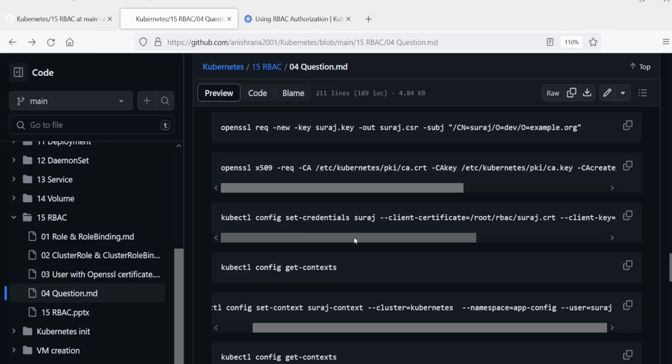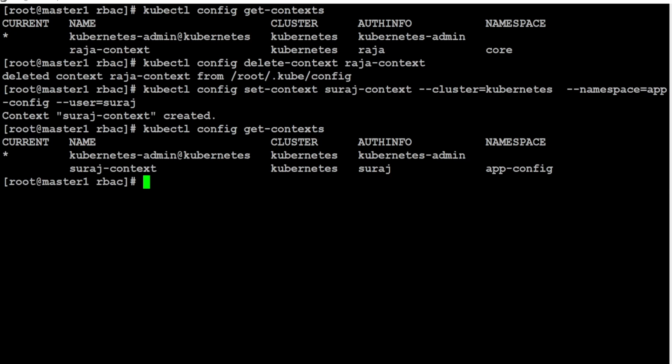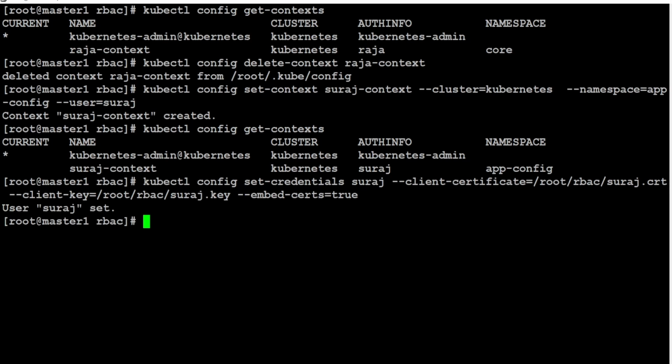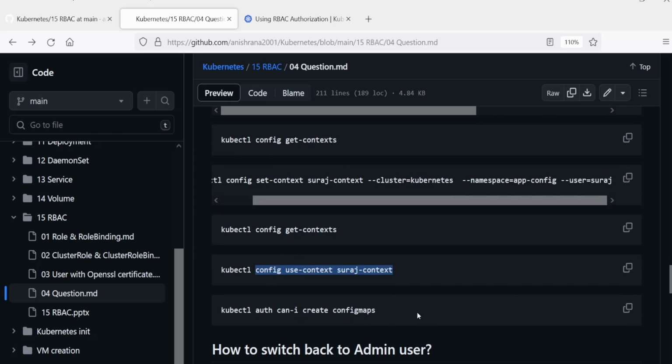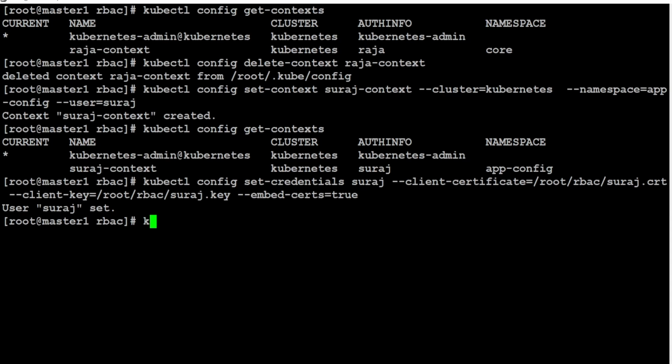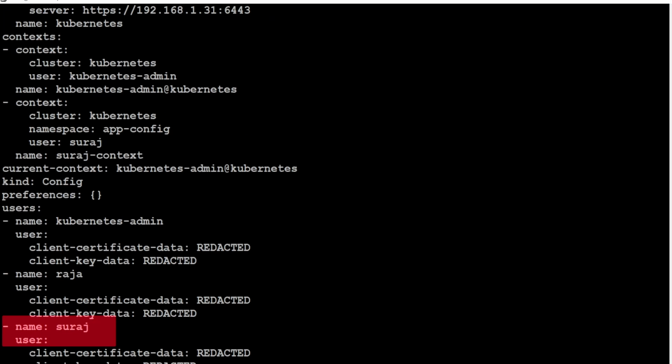Okay, this is what we have created here, right? RBAC, no, this command is not executed here. Now this command is also executed. If I use kubectl config view, I should see the Suraj entry here. That's great.